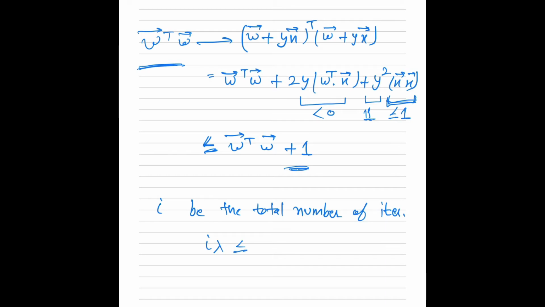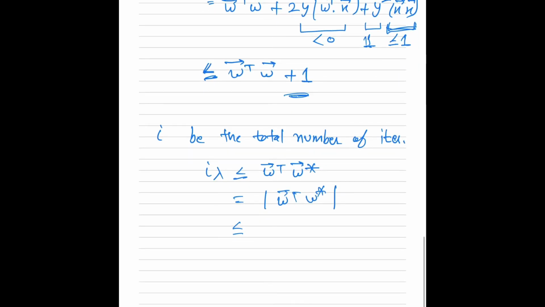Each time my w transpose w star increases by lambda, so after I updates it must be at least I times lambda, and I can simply write this term as the w transpose w star norm, and using a little math, I can write this as the w vector and w vector star